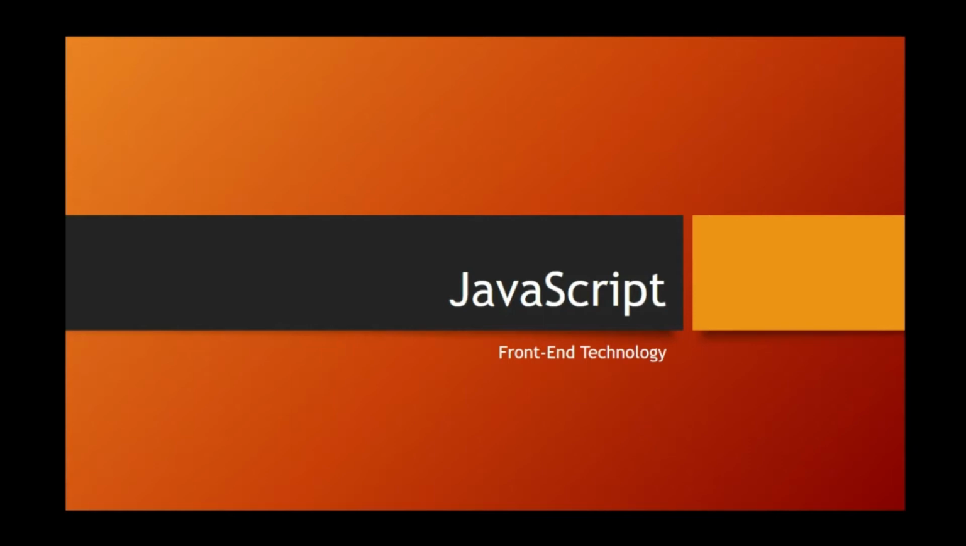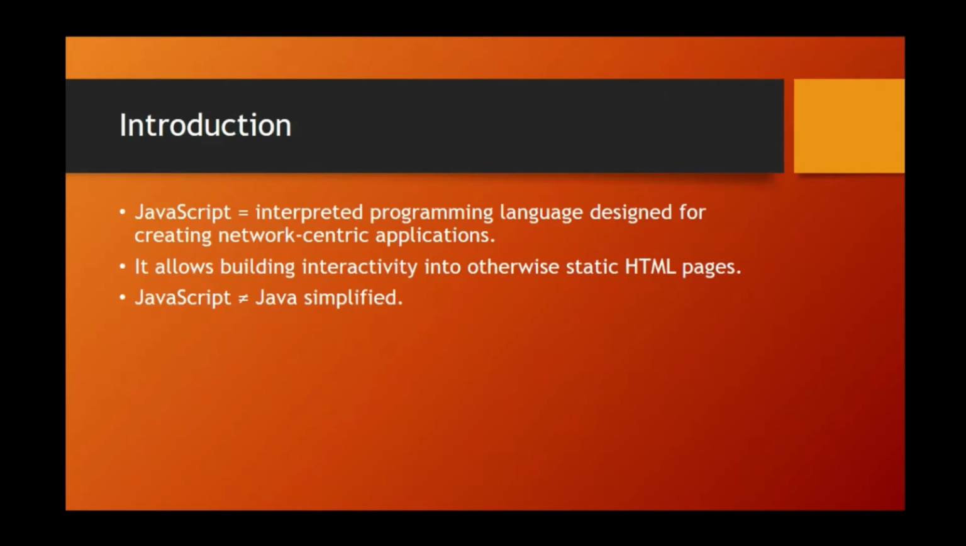So in this video, we will discuss JavaScript. Okay, what is JavaScript? JavaScript is an interpreted programming language, also known as a scripting language. This is designed for network-centric applications. And what is the difference between an interpreted programming language and other programming languages like Java, C Sharp,